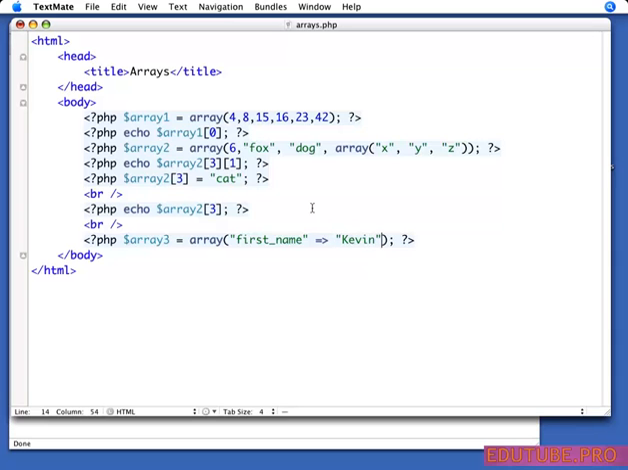So now we've created a key value pair. First name is the key, Kevin is the value. And we can do the same thing for last name. There we go. So now we have an array where there's something in the first pocket, and what's in that first pocket is Kevin. So we can ask for what's inside that array, almost the same as we did before,